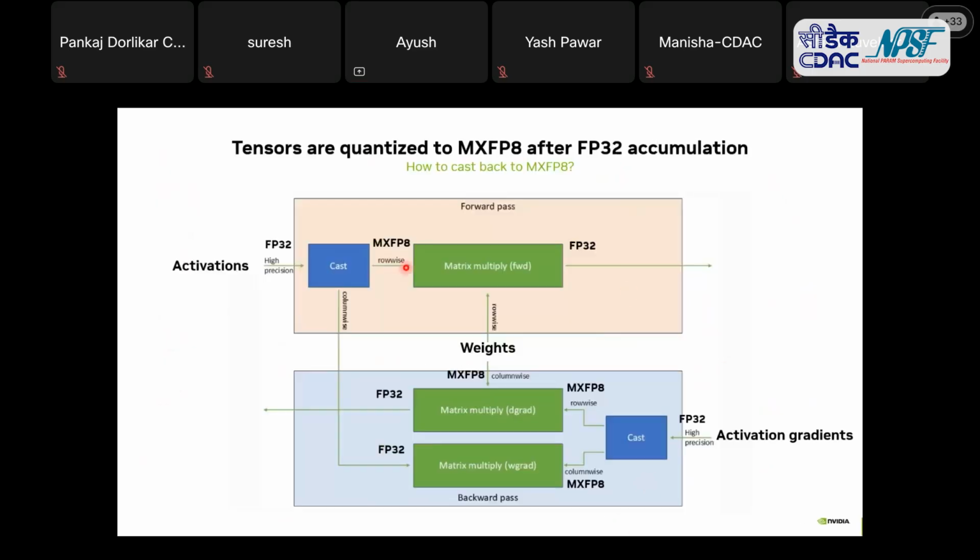So this is how our tensors are quantized in FP8, MXFP8. Here we have activations that start in high precision, FP32. They are quantized to FP8, row-wise for activations and column-wise for weights. The matrix multiplications themselves are performed in FP8 for both the forward and backward passes, but the accumulation is done in high precision. By accumulation, I mean either the summing or the averaging of all the values, right? So we do the matrix multiplication, the backward pass, and we do accumulation in FP32